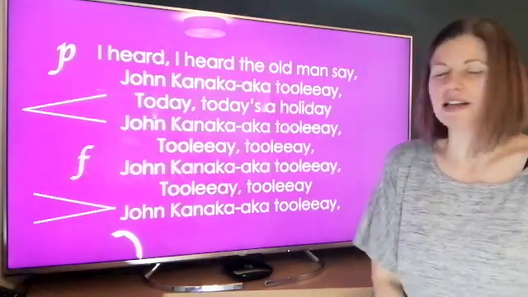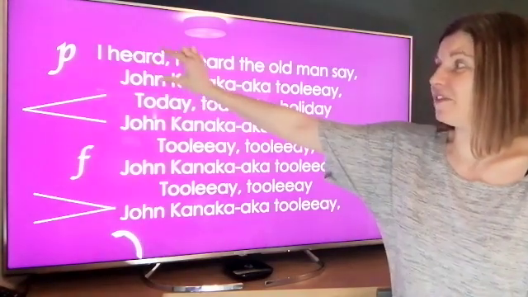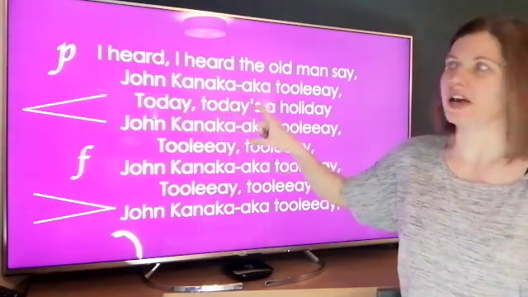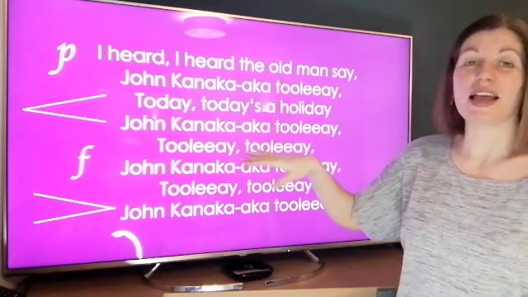So here we go, let's have our challenge. Back to John Kanaka-naka. This time our first two lines are still going to be piano, but then we're going to crescendo. So we're going to do,